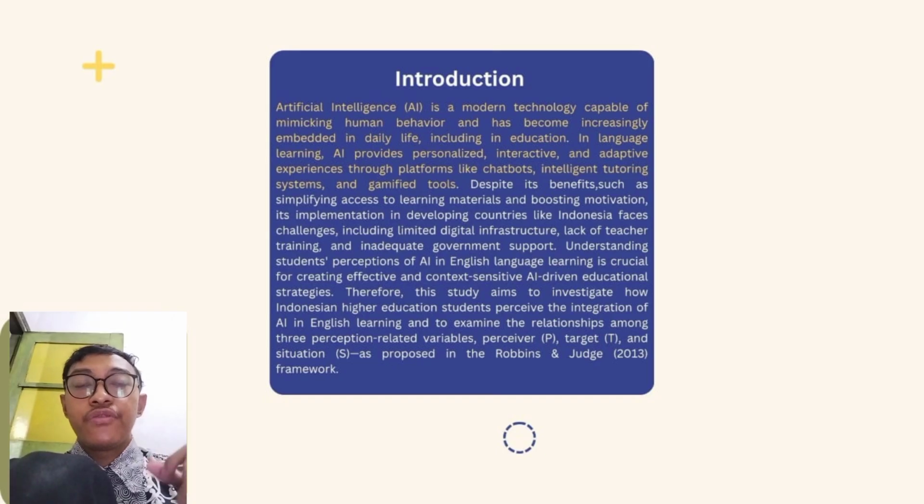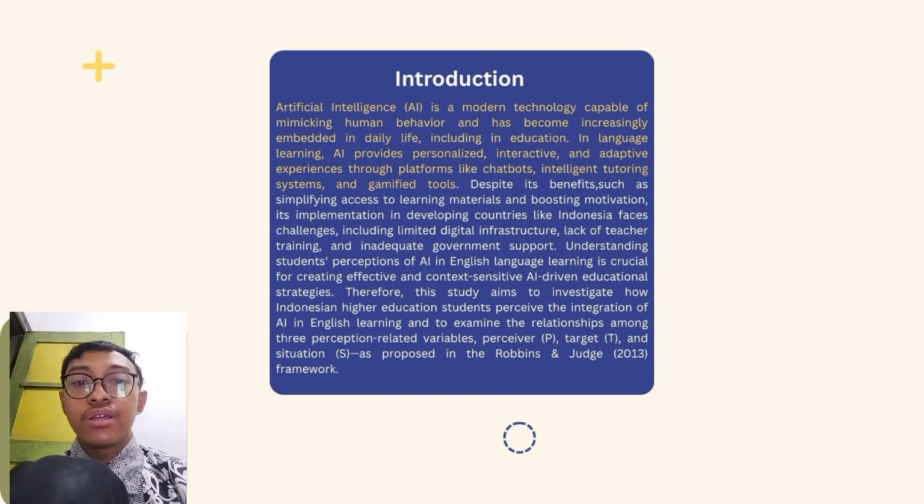Let's begin with what artificial intelligence or AI actually is. AI refers to modern technology that is capable of simulating human behavior. In other words, it allows machines to think and act in ways that were once thought to be possible only for humans. We might not realize it, but AI is becoming more and more present in our everyday lives. We use it when we ask Siri a question, get directions on Google Maps, or receive suggestions on what to watch next on Netflix. And one of the most exciting areas where AI is now being used is education, specifically